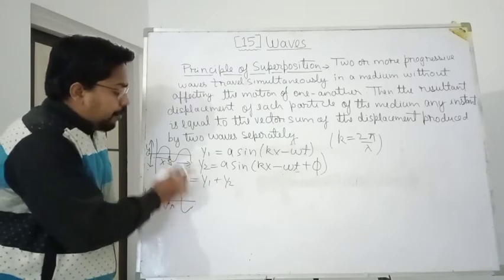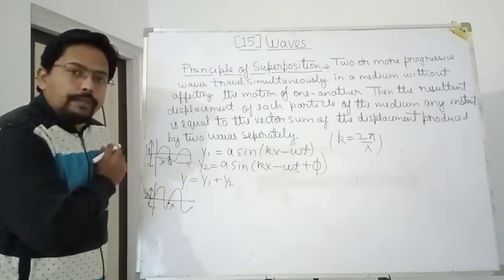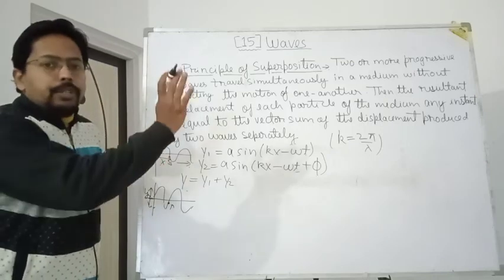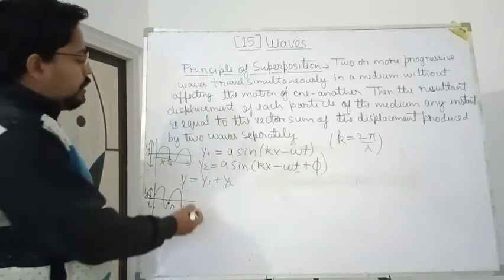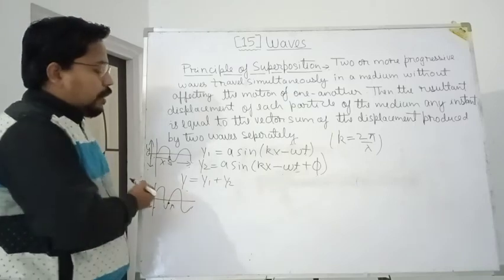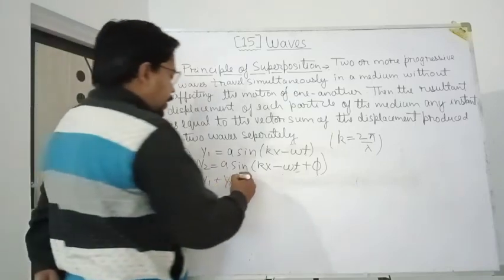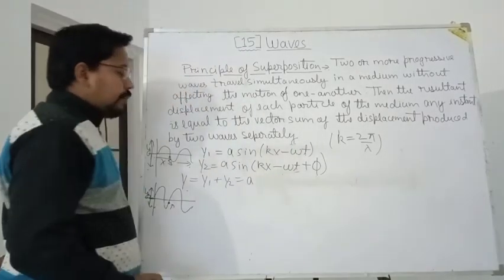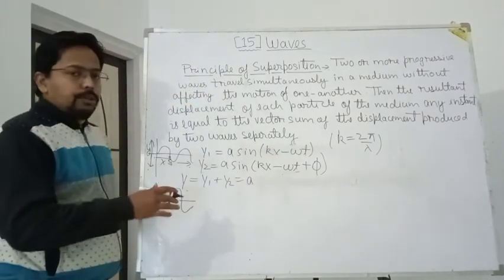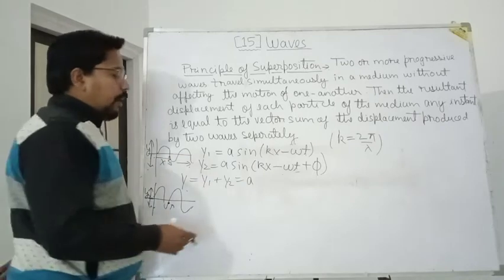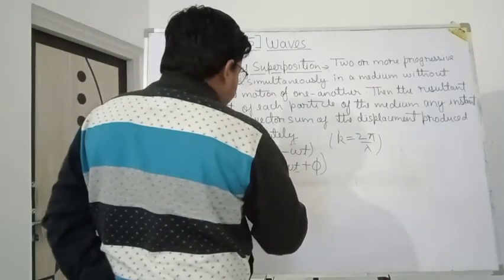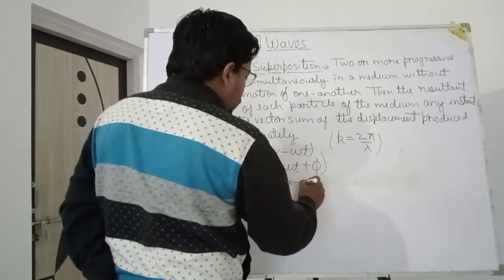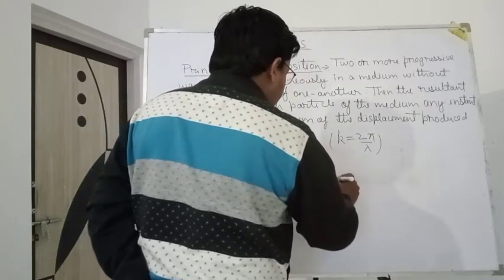Okay, so we have to get the displacement term of that particle which is at x distance from the point of propagation. According to that, y will be equal to what? y1 plus y2, and we simply use these two equations. Since the amplitude is the same, because for interference the amplitude should be the same, by taking a common in bracket we will be getting sin(kx minus omega t)